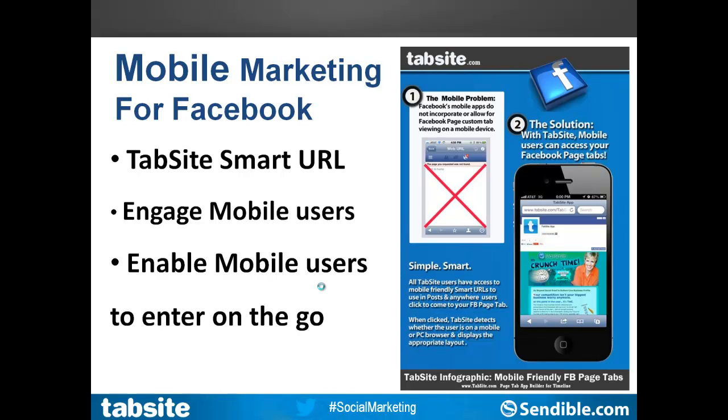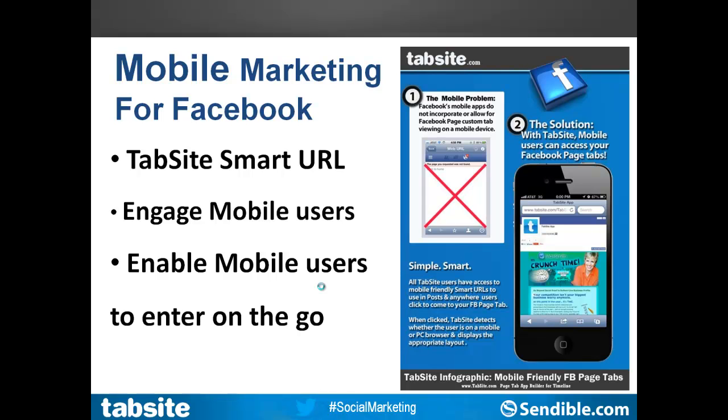And so you're just announcing, you're writing your text, hey, come here to enter our contest and click on this link. And we've already pre-populated that link in there for you. You've set it to go out at 3 p.m. and you hit schedule in your Sendible dashboard there within TabSite Manager. That will go out at 3 p.m. It'll go into the news feed. If somebody's liked your page, they have opportunity to see that. They click on that link